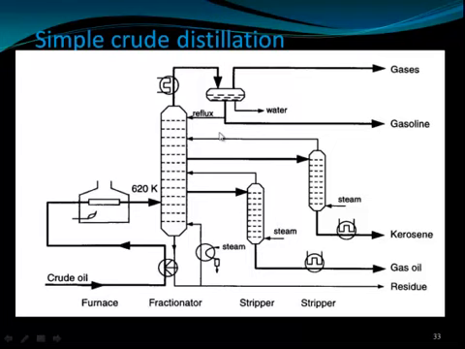will come at the top. Then kerosene, which has a higher boiling point than the gasoline, we can take out from this stream, and the gas oil, being higher in boiling point than the kerosene, we can take from the next one. Here we can reflux them to get the desired composition and take them off in the different streams. In the last one, where most of the residues or the higher molecular weight components are present, we take them as residue. Here we generally use the fractionator to fractionate the components in the crude oil.